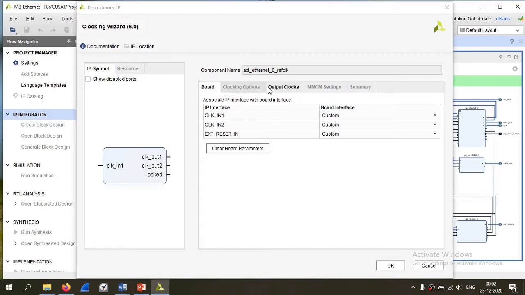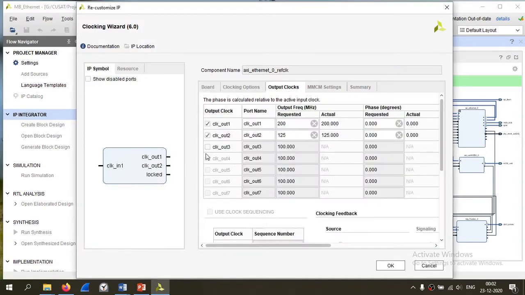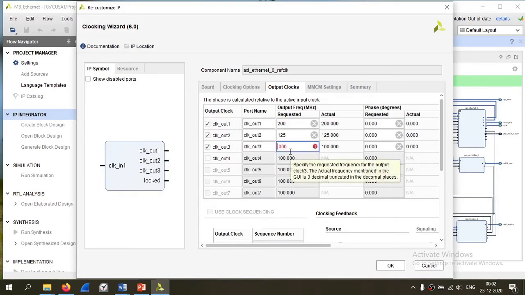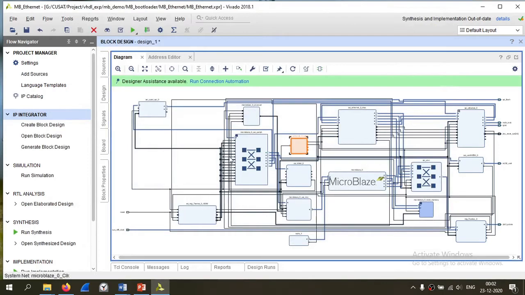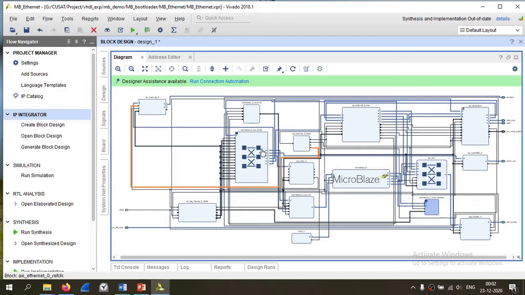Just go to the output clocks tab, create a new clock and change the value to 50 megahertz. Then click OK. Now you can connect the external SPI clock to this newly created 50 megahertz output. So that is connected now,